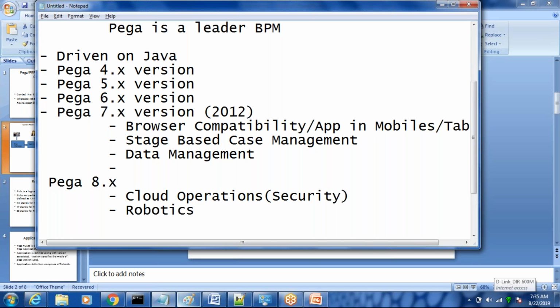And there is another thing called auto upgrades. Whenever we are trying to move from one version to another, when I say X here, X could be 1, 2, 3, and 4. So there are multiple versions, and under each version there are multiple subversions as well. Under 7, 7.1 is there, 7.2 is there, 7.3 is there.